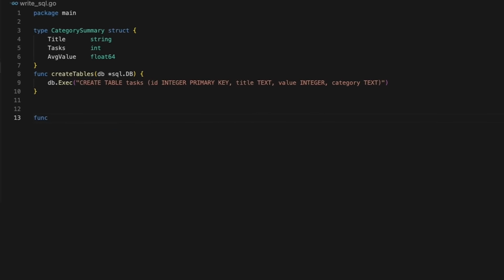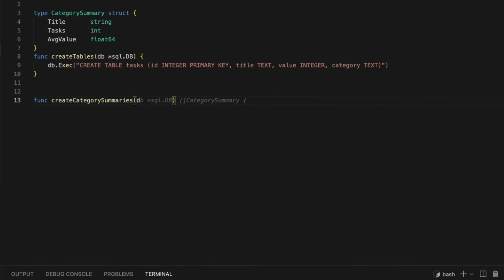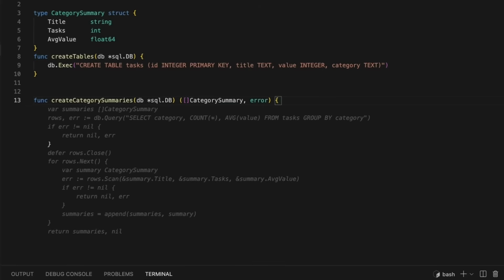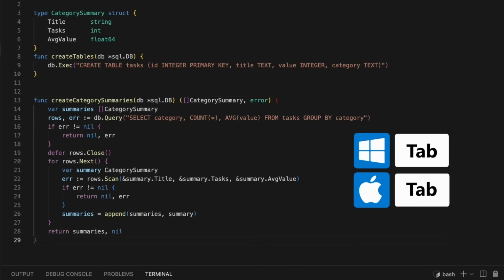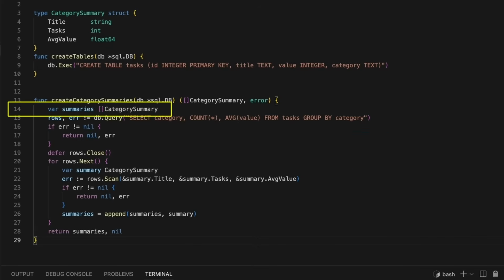So to get going, on line 13, I'll start writing a function called create category summaries that takes in a database connection and returns an array of category summary. And from here, I can see what Copilot is suggesting, and I like what I see, so I'm going to accept this by tabbing. And ultimately, we see on line 14, we create a list of category summary along with